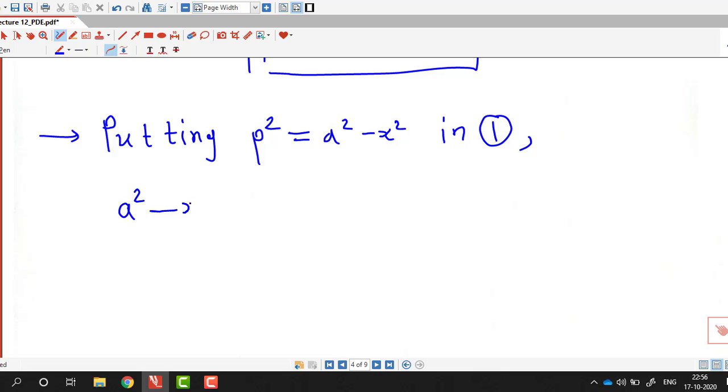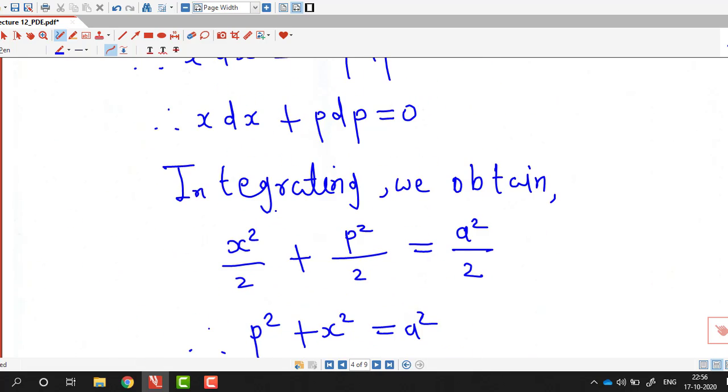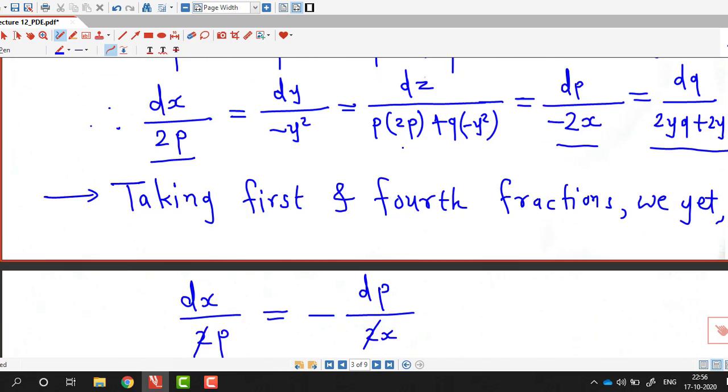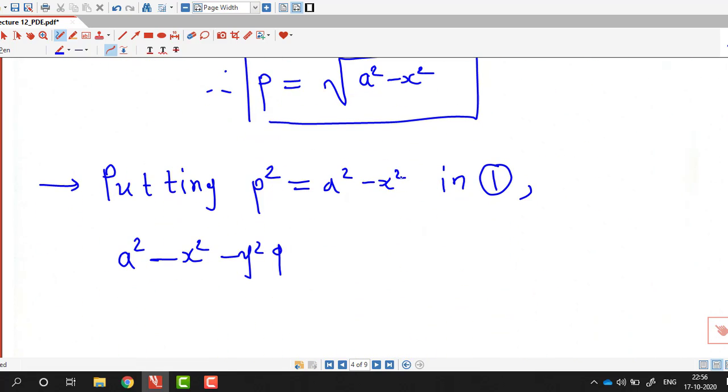a square minus x square minus y square q minus y square plus x square equal to 0. So you can see x square will cancel out, and we will have a square